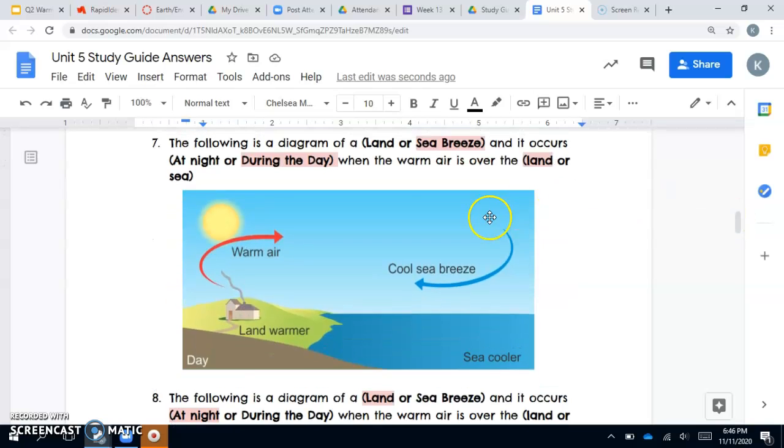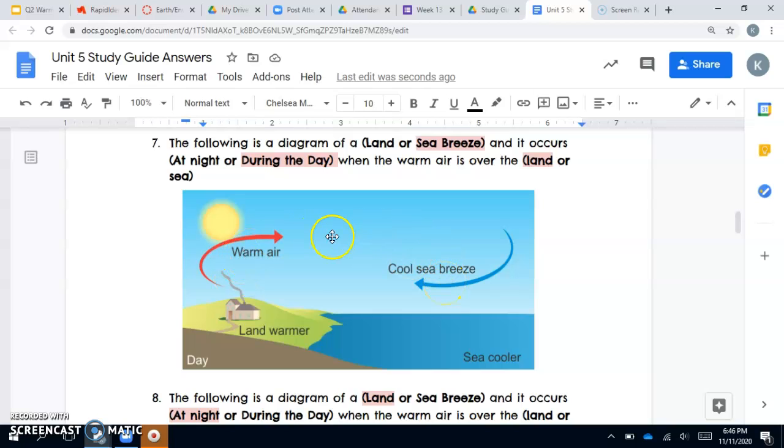So 7 says the following is a diagram of what kind of breeze. So if we take a look here, here's another convection current. So we know because of this differential heating during the day, the land will heat up faster than the ocean. Okay, so that means because the land is warmer, we're going to have a warm pocket of air above the land, and then the area above the sea is going to be cooler. So the air above the sea will be cool. Now there's an area of low pressure here because this warm air is rising, and high pressure here because this cooler air is more dense and sinking to the bottom. So what happens is that this sea breeze pushes up and out,